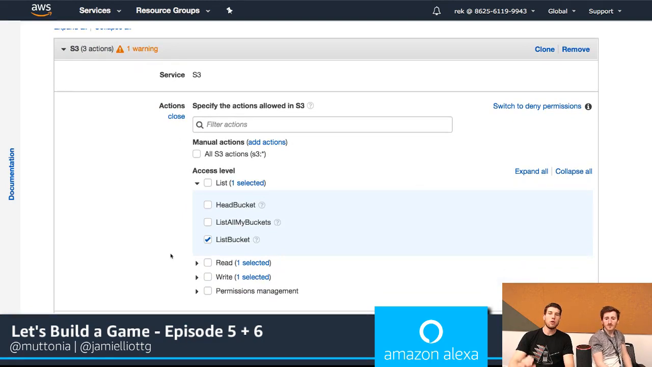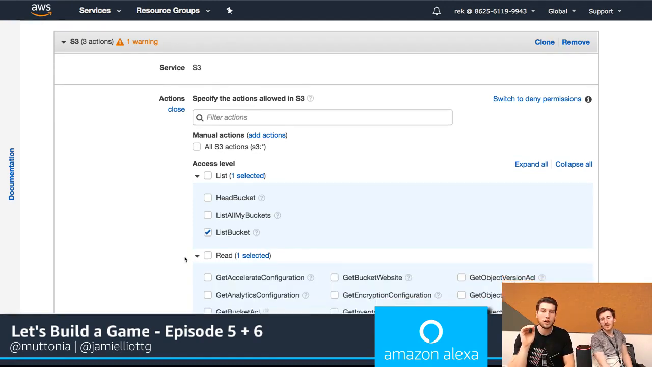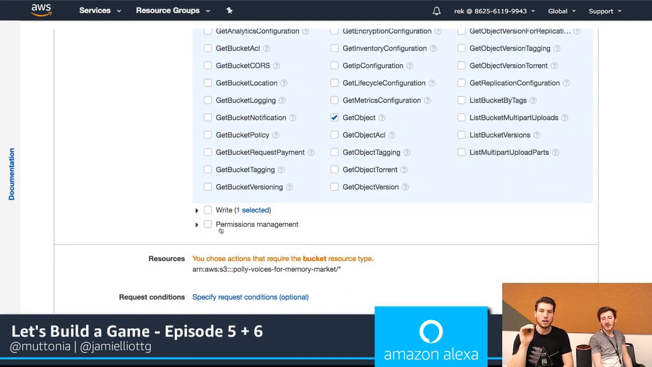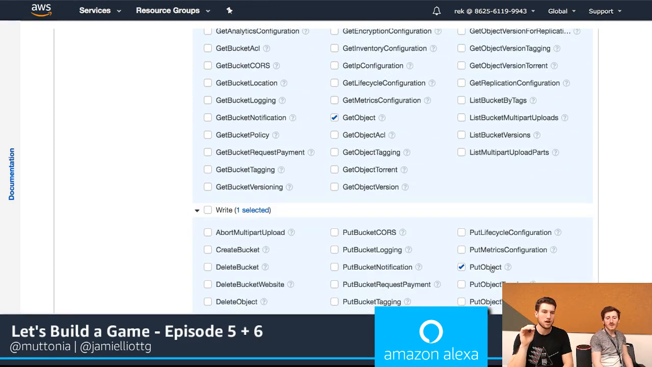access to. I've only given it exactly the permissions it needs to do what it needs to do and nothing else. So it only has access to get object, nothing else. It only has access to list bucket and nothing else in the list section, and it only has access to put object right here and nothing else. That way you're limiting the damage that this Lambda can do if it were to go rogue for some reason. So it's always a best practice, and then I'll let you add, but it's always a